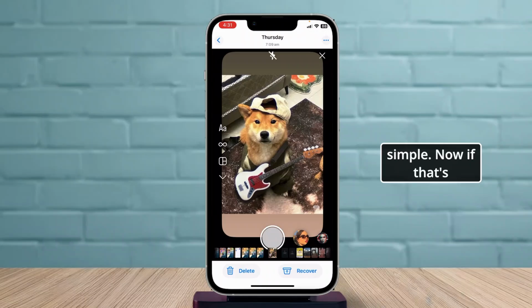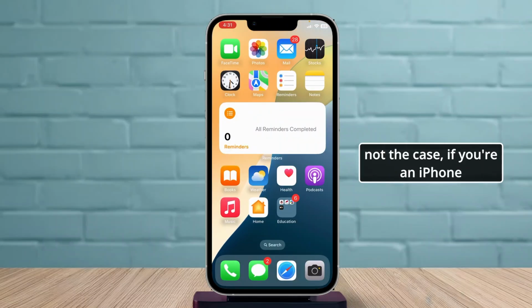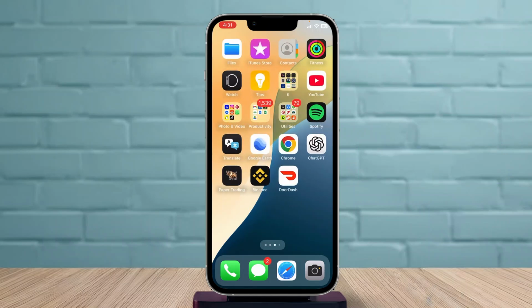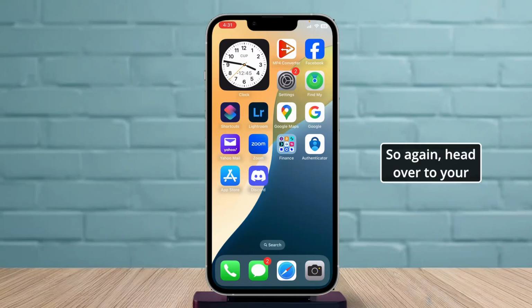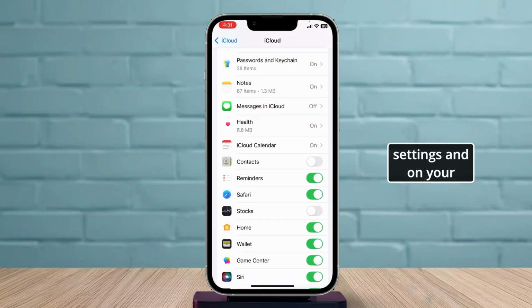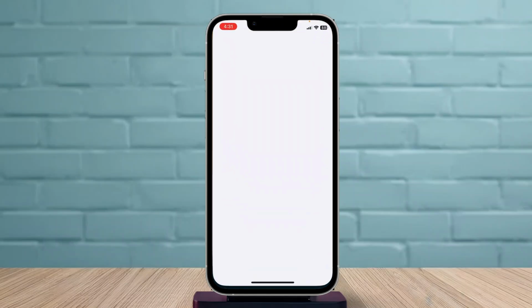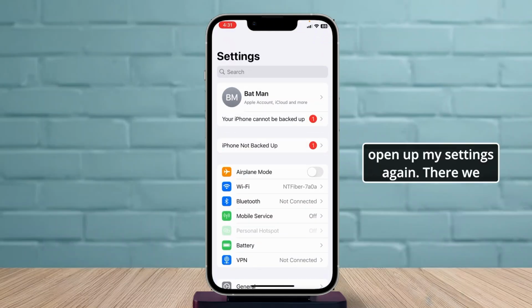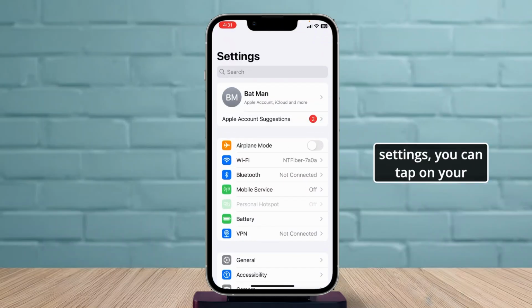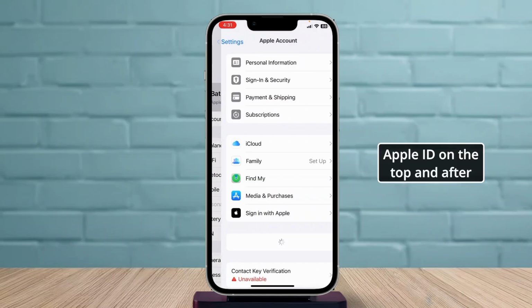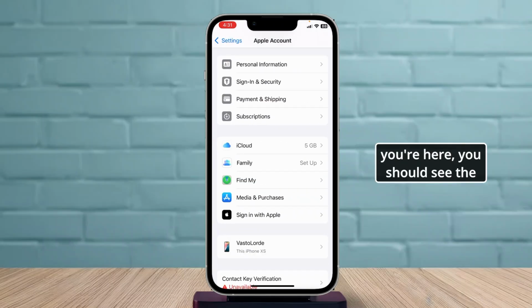And it's that simple. Now, if that's not the case, if you're an iPhone user, your photos might already have been backed up in your iCloud. So you can head over to your settings, and on your settings, let me open up my settings again. There we go. Now on the settings, you can tap on your Apple ID on the top, and after you're here, you should see the iCloud option. Tap on iCloud,